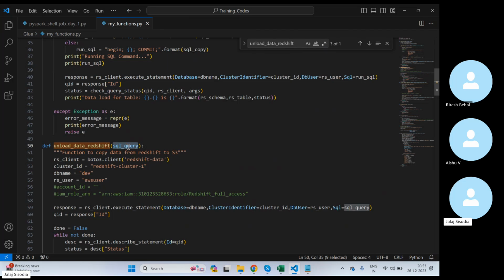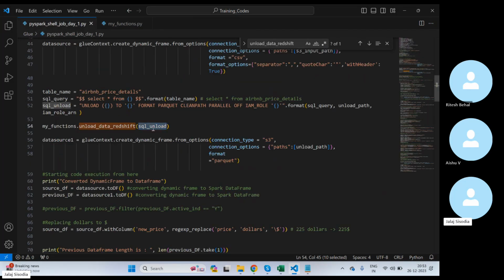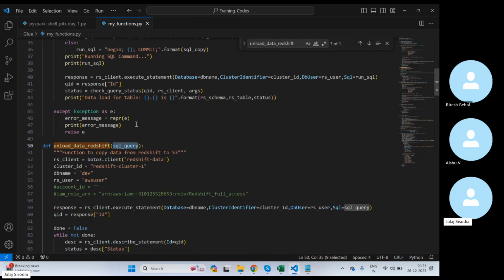You can also call it SQL unload. You can call it ABC or XYZ, whatever you want. But a point to understand here is the first argument is going to be replaced in the first argument. So if I had two arguments here, then it would have been a different case. But right now, I just have one argument, so SQL unload is going to be equal to SQL query. Okay, then